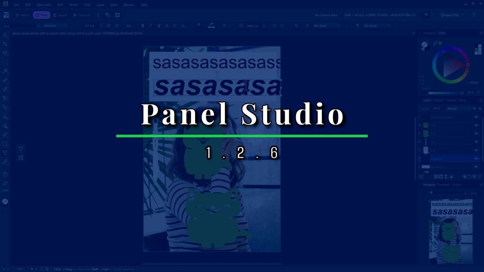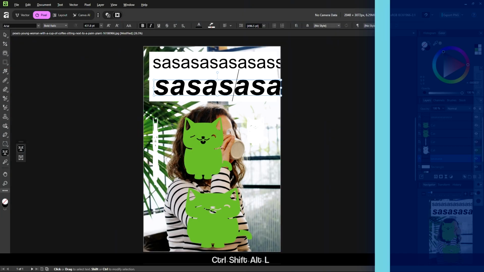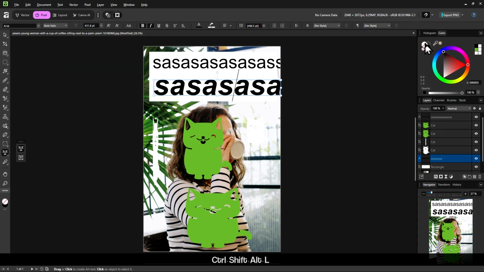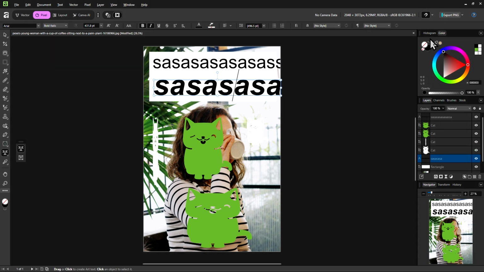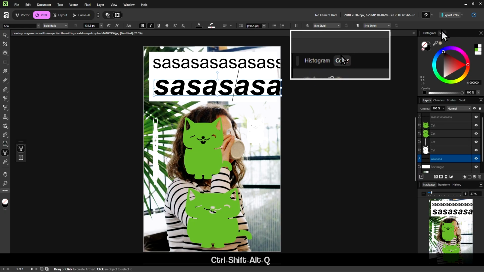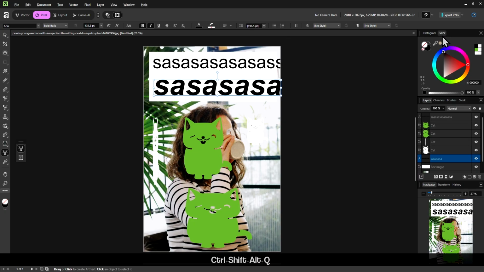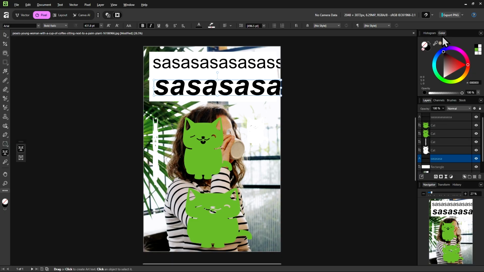So, at the very right of our screen, we also have a panel studio. This gives you panels which let you control a certain aspect of our image. For example, this color panel at the top gives you control over the color of what you currently have selected.